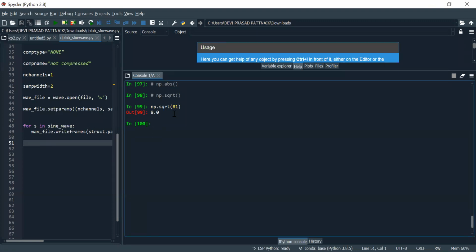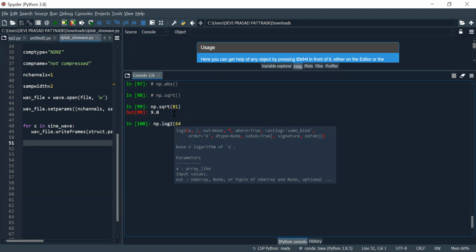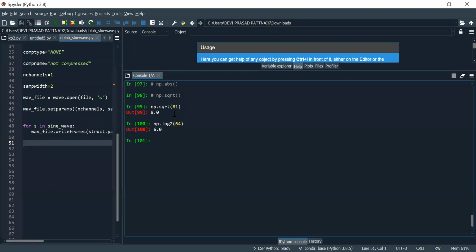Similarly, you can take log 2 also. I will take 64. It's giving 6. 2 power 6 is 64. Similarly, you can go for log 10 of 100. 10 power 2 is equal to 100, so the answer is 2.